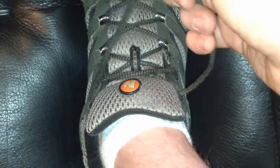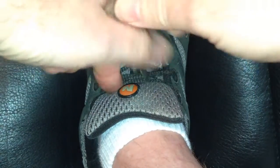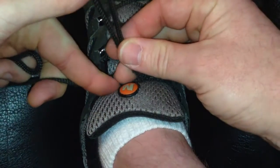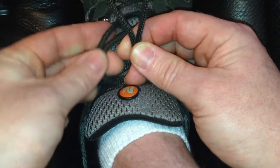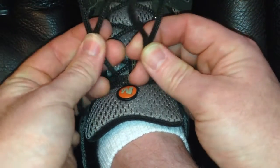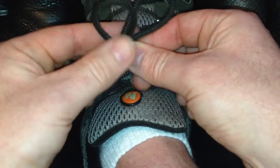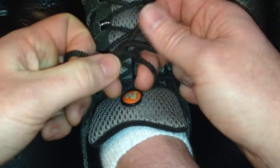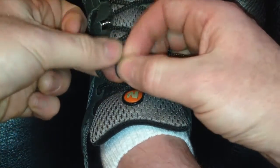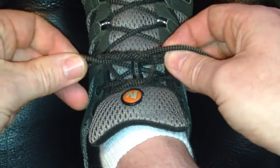This is inspired by a surgeon's knot, which is the sort of knot that a surgeon will use when suturing a wound. Right, so instead of just making the one loop and then going around, make two. As a kid you might have learnt this as the bunny ears method of tying your shoes, but once you've got it like this, take the right one over the top and through like this. But the other one, you also go through it down and through, and then hold it